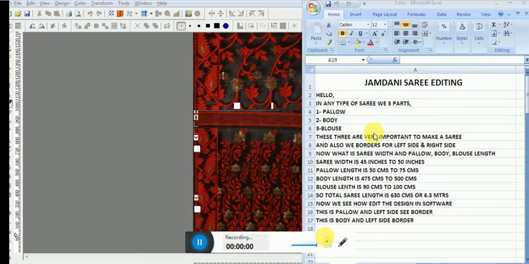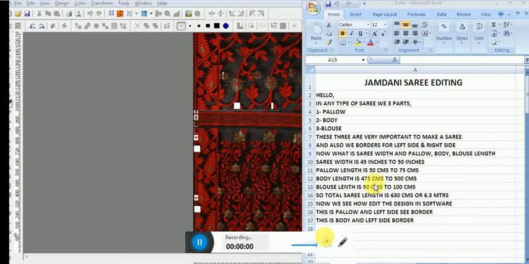That means the width of the sari is 45 to 50 inches. That may vary, 46, 47, 48 something. But above 45 inches is minimum, 45 and up to 50, 54. And pallo length is 50 to 75 centimeters, and body length is 475 to 500 centimeters.